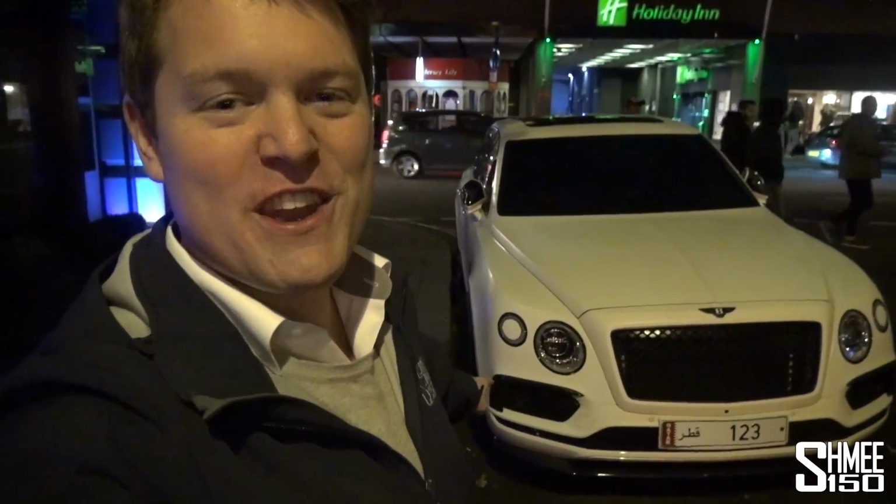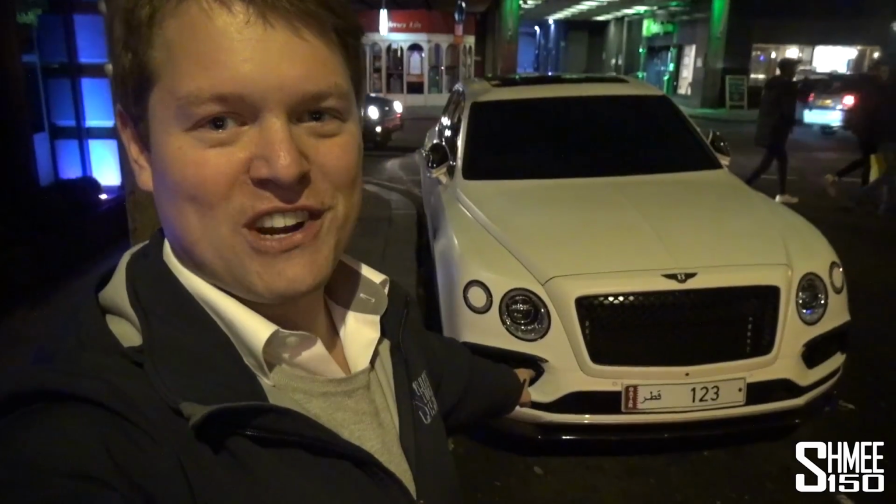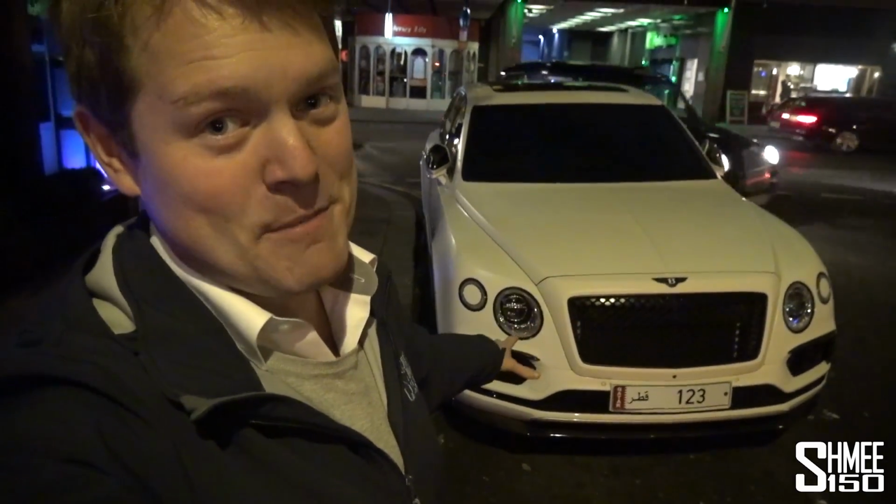C'est la vie. I've worked something out, and if I was a betting man, this is where I would have my money. So earlier on, we saw this car, the satin white Bentley Bentayga, a very nice car, but what I didn't clock at the time, and I should have been paying more attention to it, was the number plate. A Qatari registration 123, a nice number plate on a nice car. Now the significance of that you guys don't know at this moment is that the Bugatti Chiron I've been looking for is a